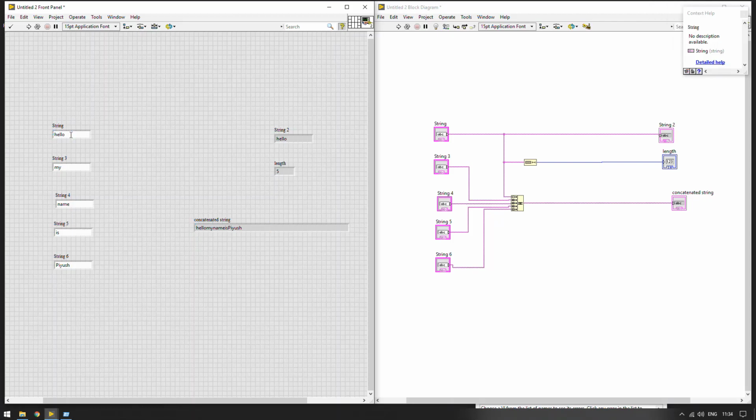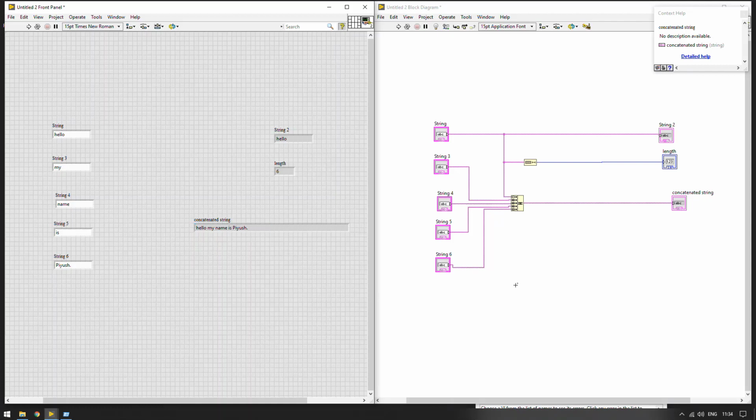So we can do one more thing. We can put a space at the end of each word and a full stop in the last word. Let us run it again, and hello, my name is Piyush. is printed. So this is how we concatenate or combine a number of strings to make a proper sentence.